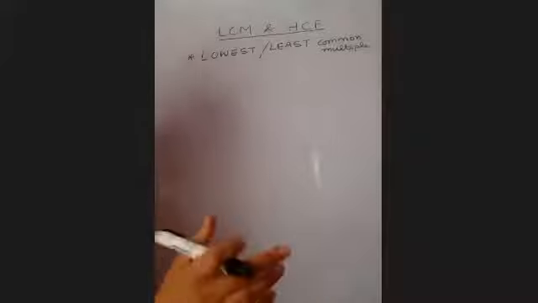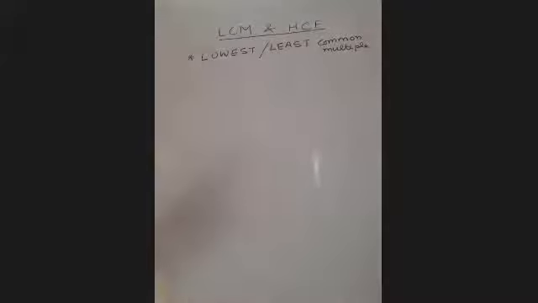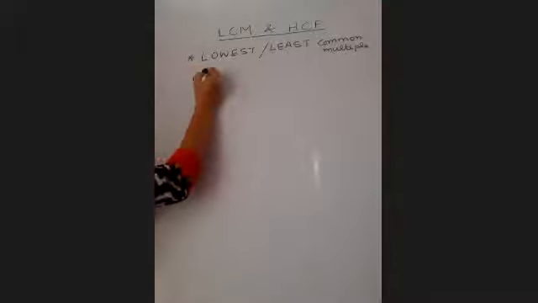In lower classes, in class 6, I remember we do it like this. For example, they ask you to find LCM of, let's say, I'm taking small numbers to make you understand, 6 and 10. Now, how are you going to do it for 6 and 10? You used to write multiples.